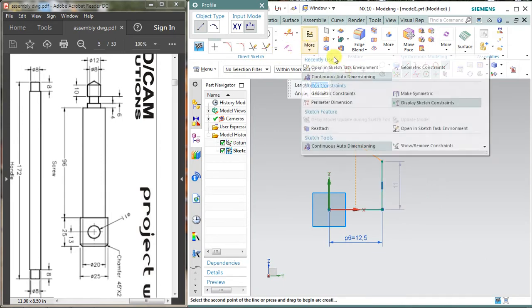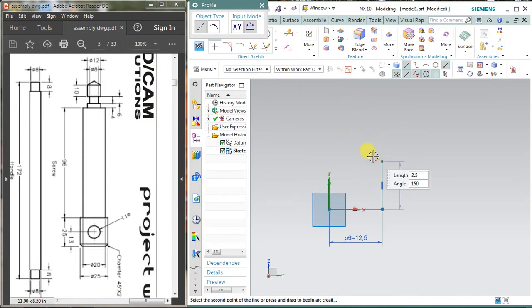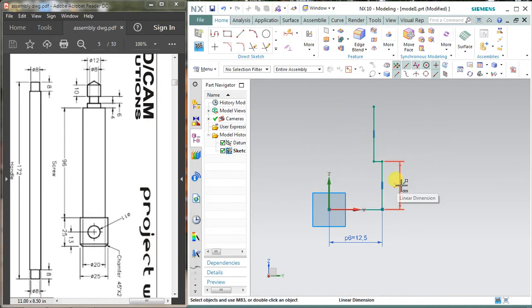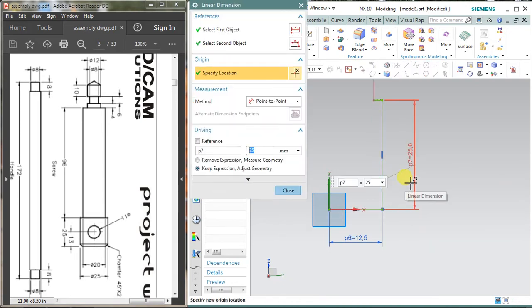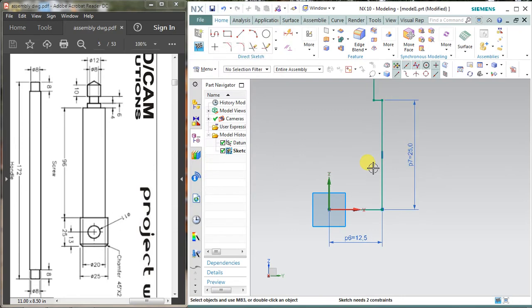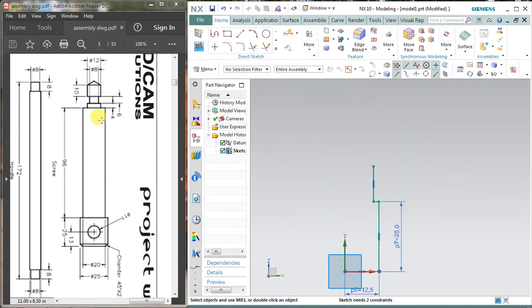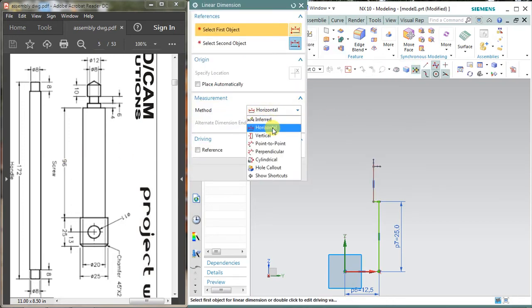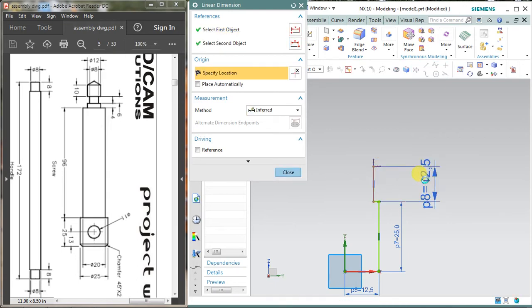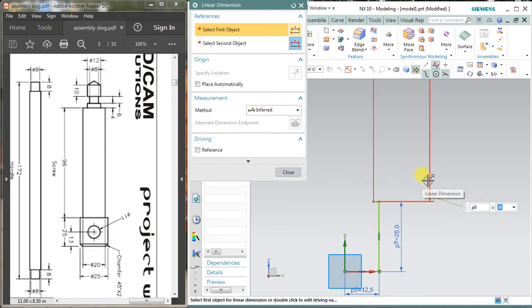and I am deactivating this auto dimensioning, or if you are okay with it then it's okay. It is 25 mm in length, so you can edit it by double clicking over it. And the total length of this middle portion is 96, as you can see here. So select dimension for this and select this middle portion and enter 96 mm. Okay,